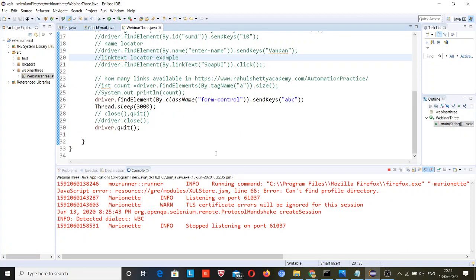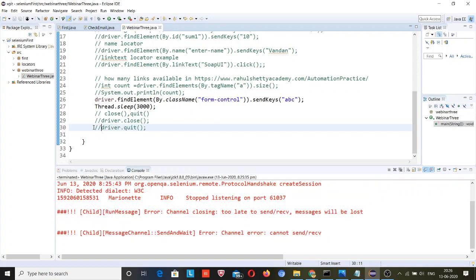Okay, so quit method does the same, but what is the difference between close and quit method? When you run a script, the close method closes the window only for the current script that was run, but the quit method closes all the open windows in the browser. So this is the basic difference between close and quit. So I hope that you guys can understand what, one by one, the things I am trying to explain.